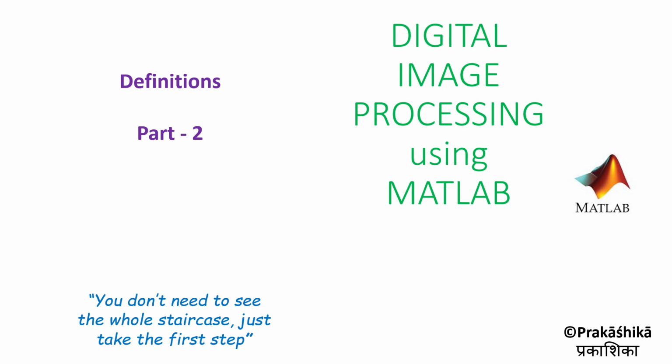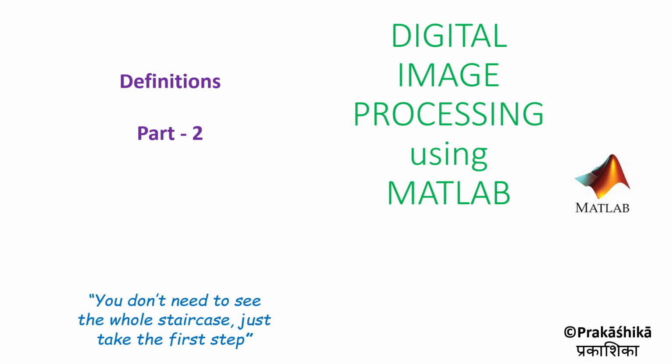In this video, we will again continue with the definitions and dive slightly deeper into what a pixel is. In the previous video we saw what a digital image is. A digital image is a matrix of numbers where the numbers and the number of rows and columns in the matrix are all finite and discrete, and when we process it using a digital computer, that is what we mean by digital image processing. Nowadays most of the equipment that we see, the display monitors or even the systems, are all digital in nature, therefore it is called digital image processing, and analog image processing is almost obsolete now.